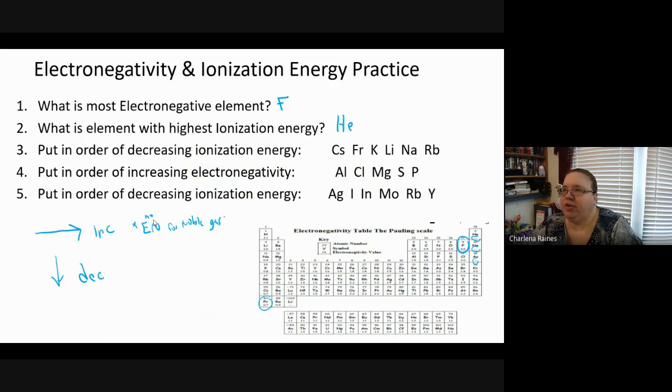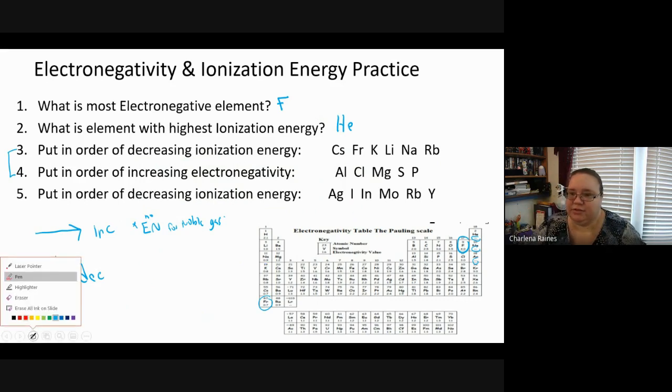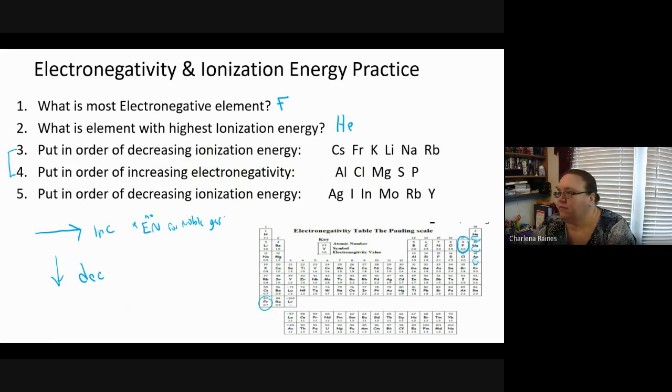Okay, so I'm just going to do 3 and 4, so I'll show the answer for 5. For 3, we find our elements. I need to switch colors. Oh, let's hope all of them are on this picture. This picture doesn't include all the elements. Francium, cesium,